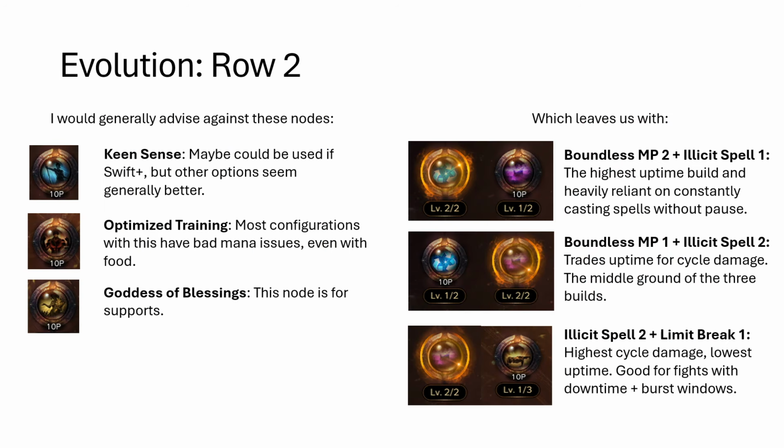Alright, in row 2, you have some choices. So on the left, I have nodes that I really don't think you should use. You have Keen Sense, which adds crit rate on top of damage. You might be able to use this if you're more heavy swift, but honestly, I'd always just prefer the flat damage. There's Optimized Training, which gives you a mixture of cooldown and damage, but the problem is,